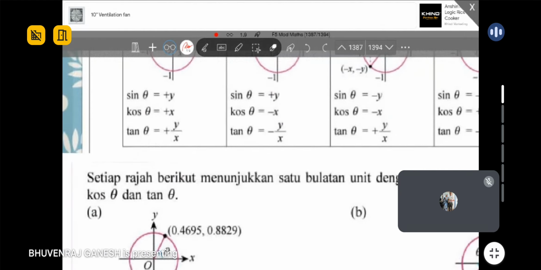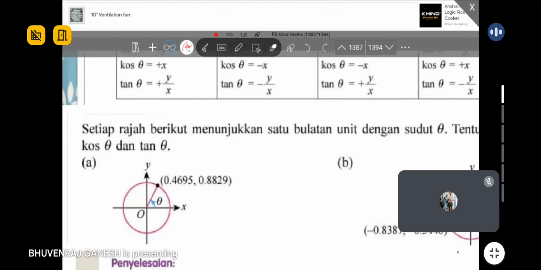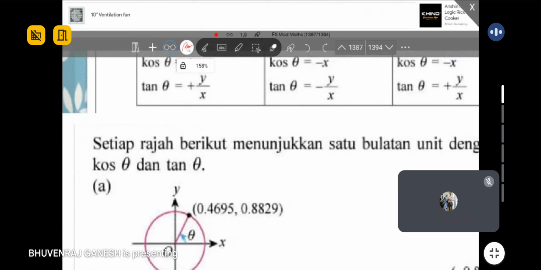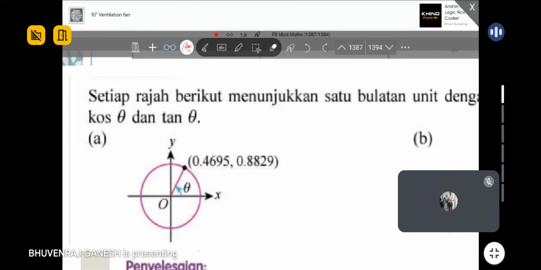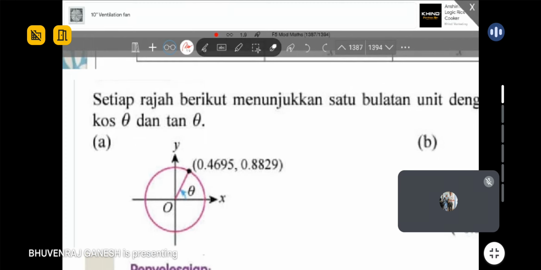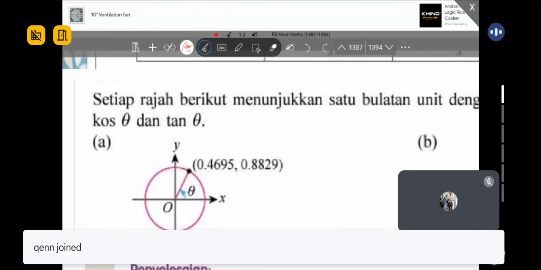Okay. So we continue, guys, to the next one. Okay. So guys, you can refer this circle over here. Now we test and see. Do you all understand just now formula or not? Okay guys. So the question is to find cos theta and tangent theta. Okay. So all of you over here, can you all try and see what is your cos theta for this